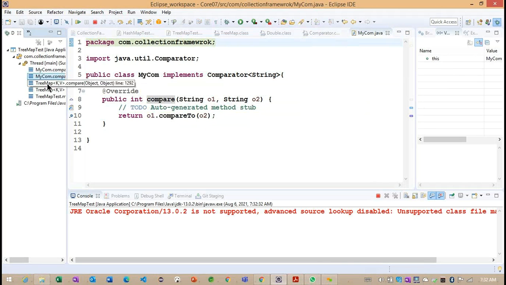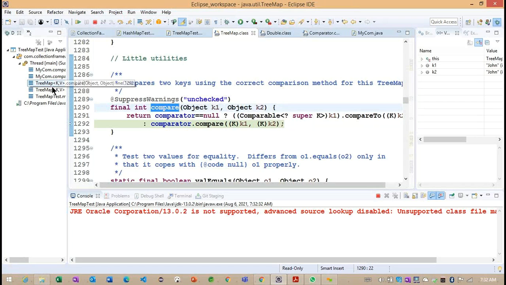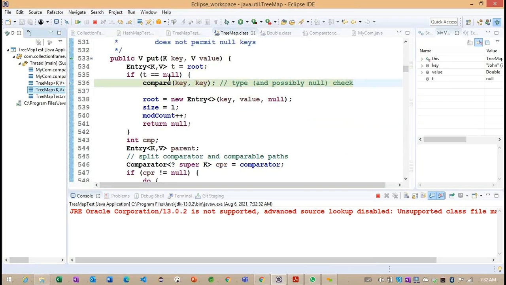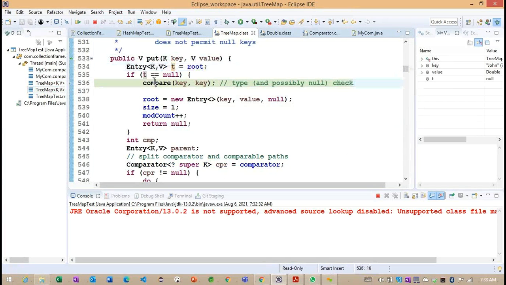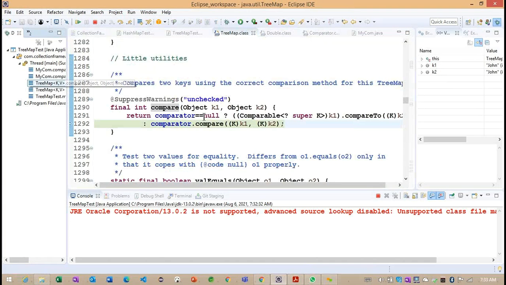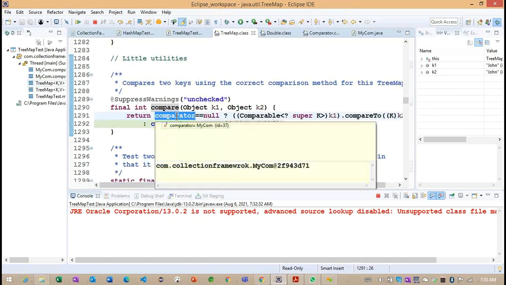From where it is calling, from here, now you can see they are comparing here. This is the root element, and we are getting null. We are calling the compare method, and internally this is the compare we are calling because the comparator is not equal to null. Previously, this comparator was null. Why?